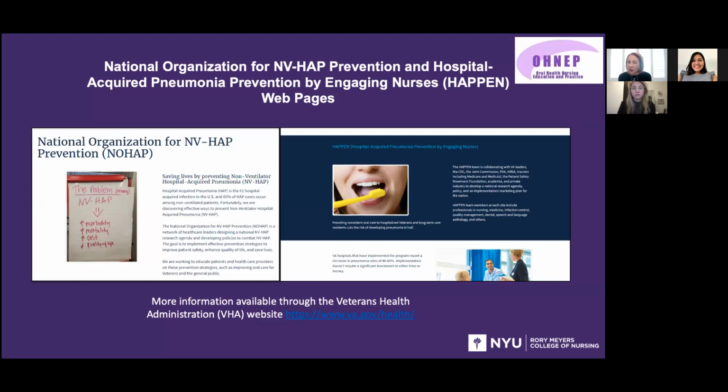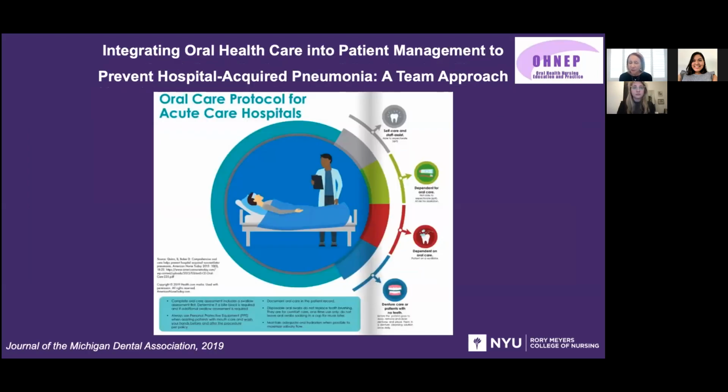And what Project HAPPEN is based on, next slide, Jessamine, is an oral hygiene protocol that is implemented by nurses and certified nursing assistants in the VA system, actually throughout the VA systems. And what it consists of is a standardized evidence-based protocol that requires that patients entering a hospital